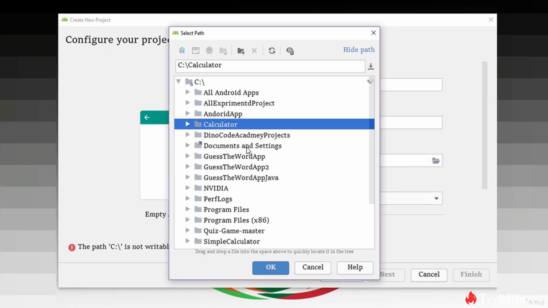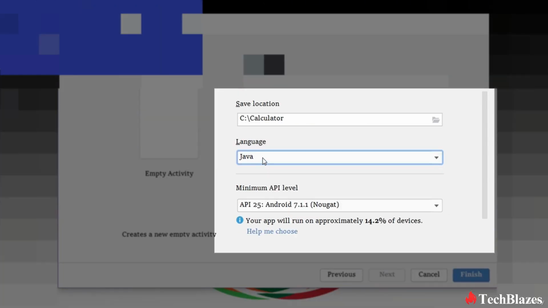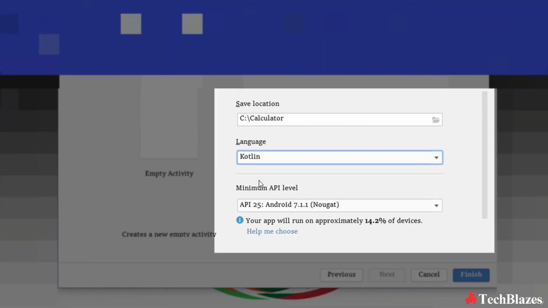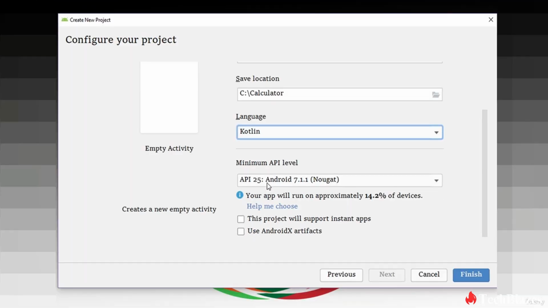Then hit OK. Inside of this calculator, just click OK. Then I'm going to specify the name of the application as simple calculator. Also select the language as Kotlin because we are using Kotlin for this project. Now I'm selecting the minimum API level 25, that is Nougat, to use the latest features of the Android